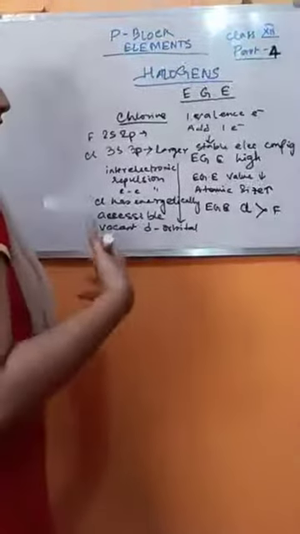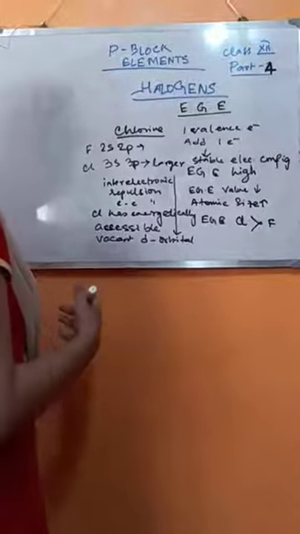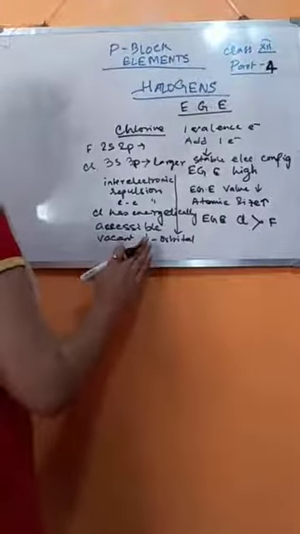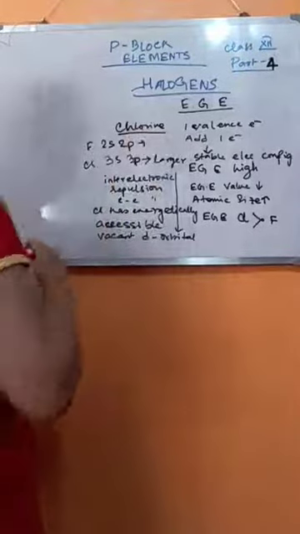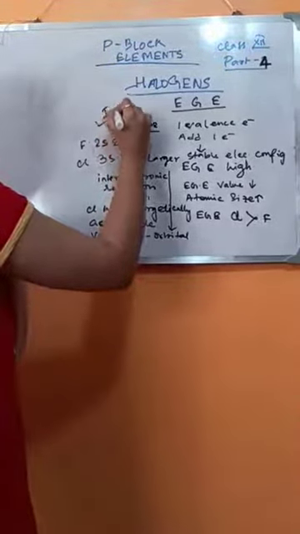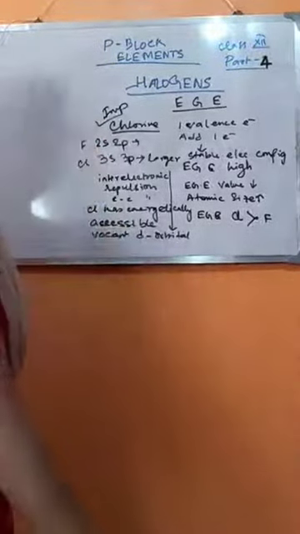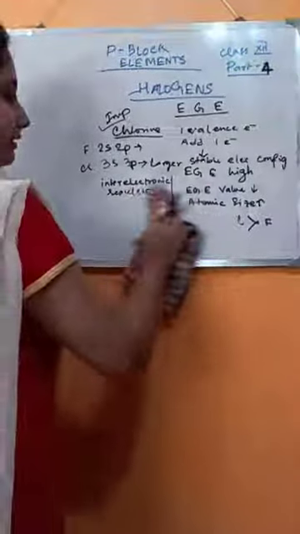So accommodation of an electron is not at all a problem in case of chlorine. So the value of electron gain enthalpy is greater for chlorine than fluorine. This exception is important. Okay? The next point is